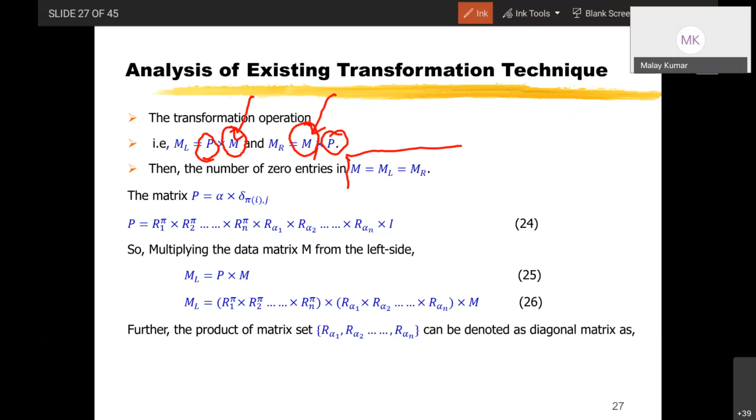Zero in the input will be the same after multiplication from the left hand side, and even after multiplication from the right hand. So in this way,